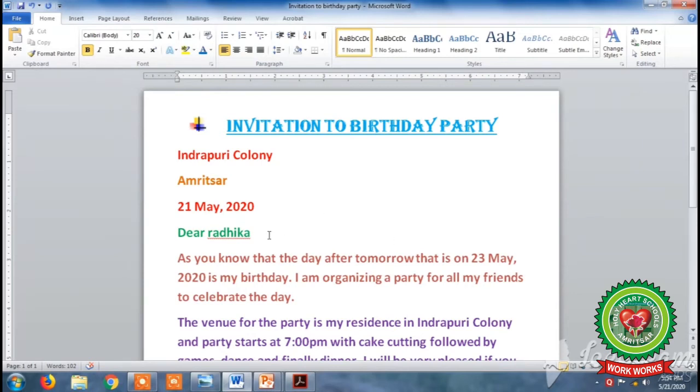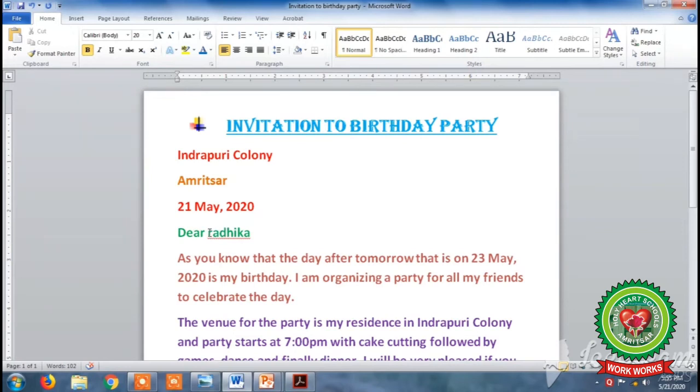Remember one thing, that whenever we are writing the name of any person or place, we make the first letter of that name or place capital. So here you can see that the name Radhika is having red underline, means it is having spelling mistake. So to remove this red underline, we will use the text case feature of MS Word.